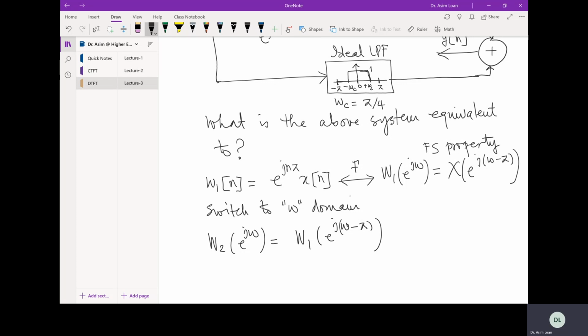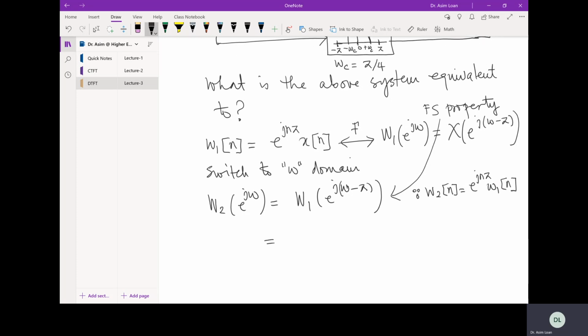So this is again the frequency shifting property because W2 of n is e^{jn pi} into W1 of n. So if I replace omega by omega minus pi in here, I'll get X of e^{j(omega minus 2 pi)}, but this should be equal to X of